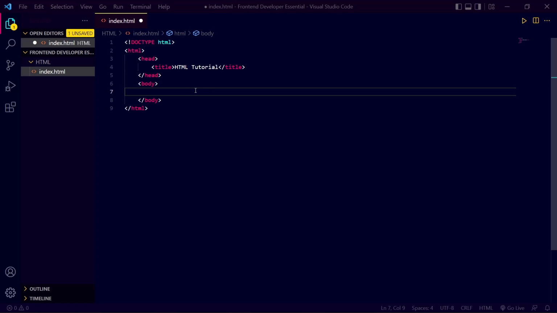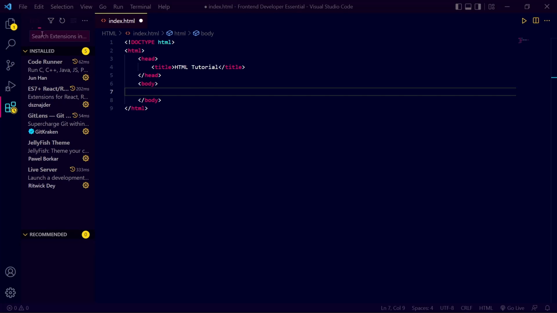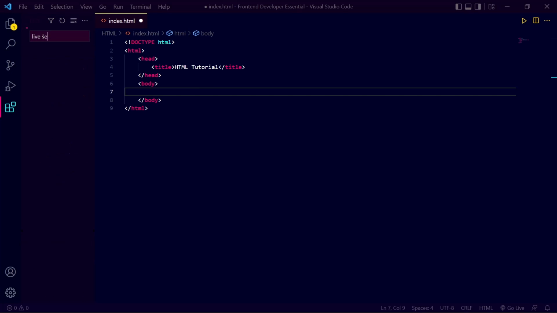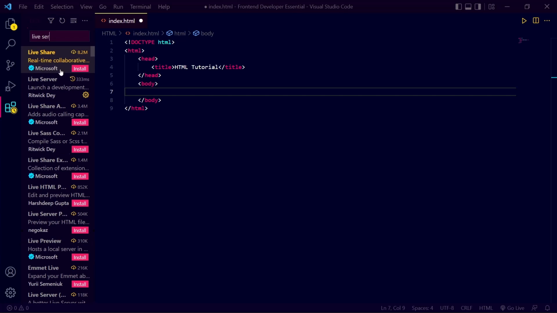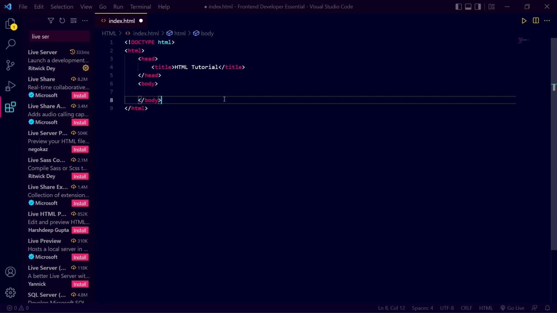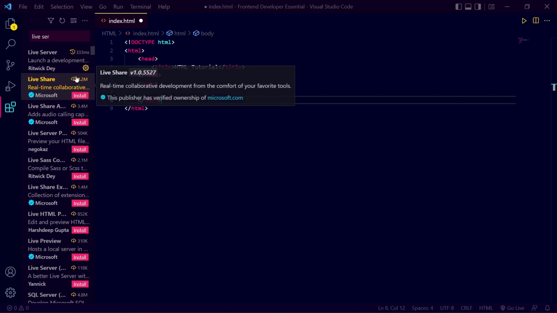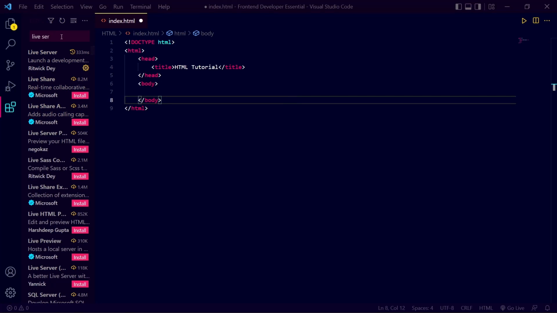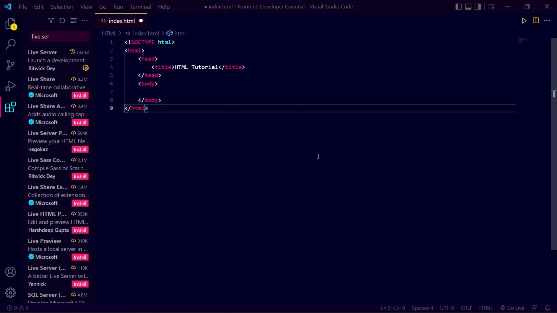Before moving ahead, let me give you a quick introduction of the Live Server extension. You can download this extension so that you can see your live changes on the web page without reloading the web page. So just click on the install button on the Live Server extension. Once you download it, you will see the Go Live button here. If you click on this Go Live button,